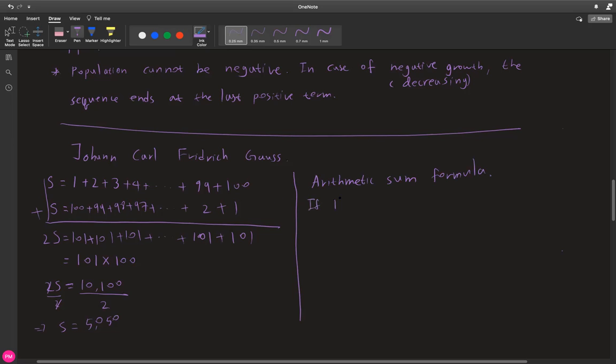It says if P0, P1, P2 are the terms of an arithmetic sequence, then the arithmetic sum of the first n terms is given by